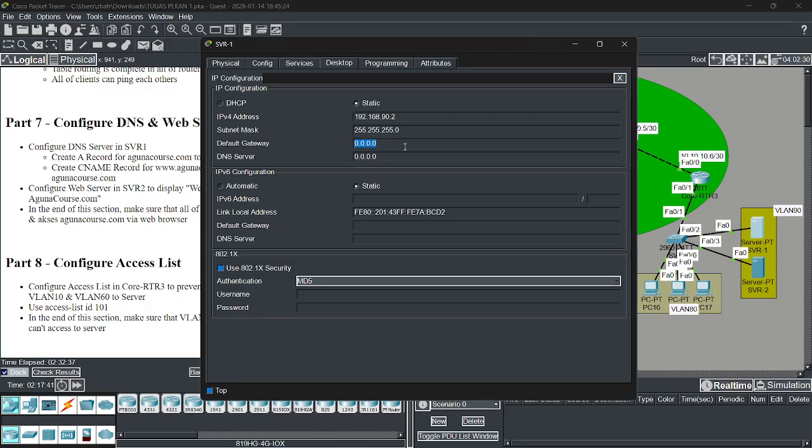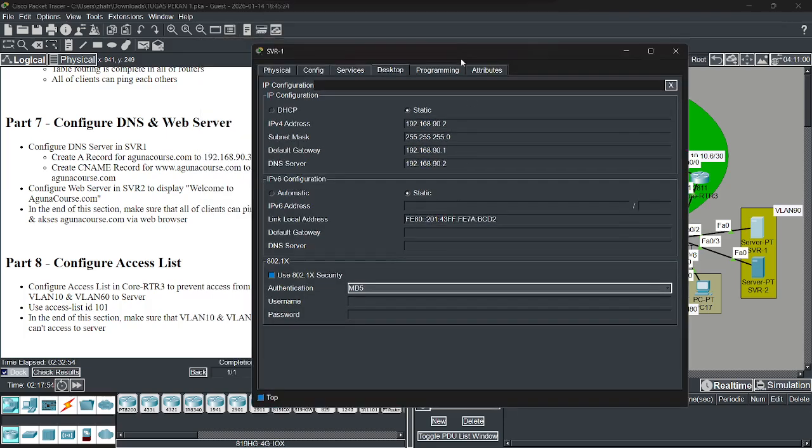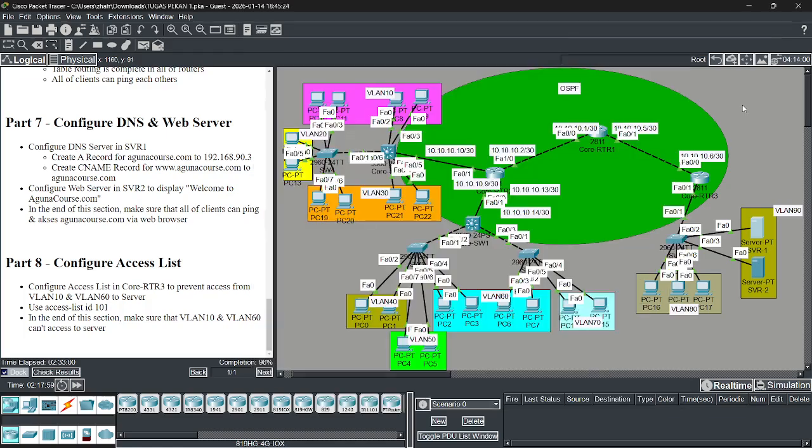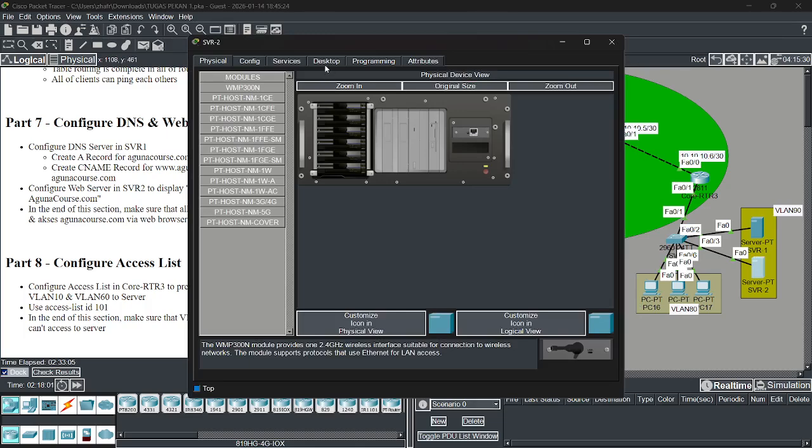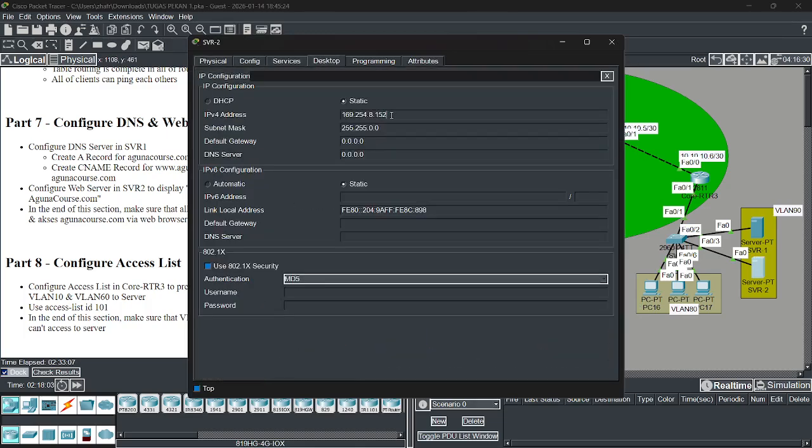The default gateway is this, and then DNS. Okay, and then the second one is desktop address.